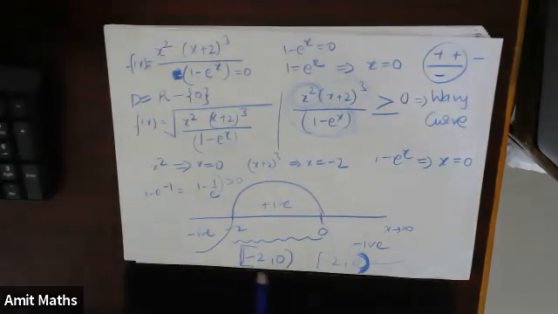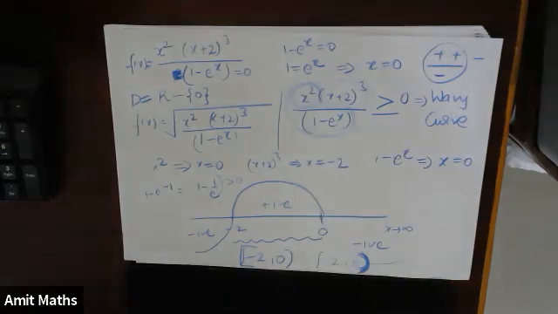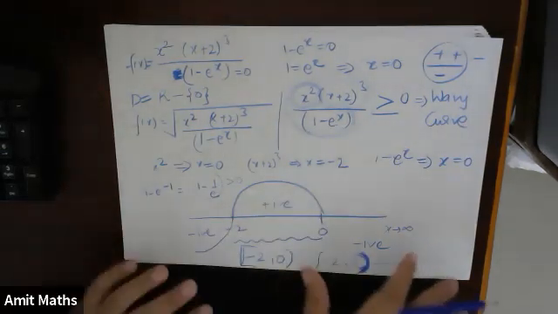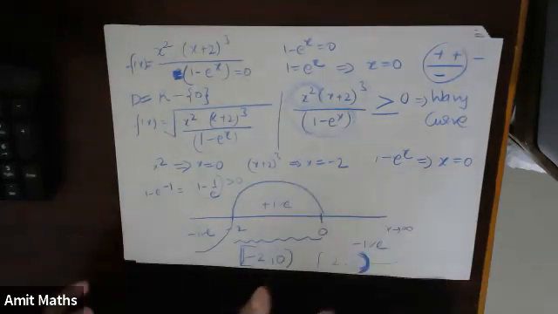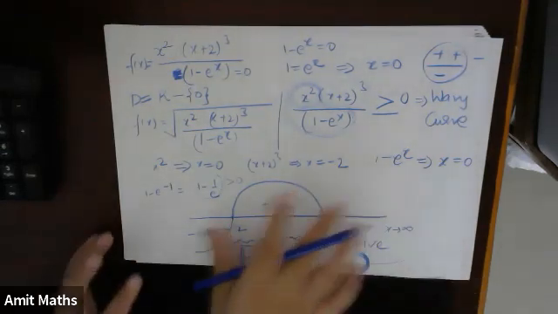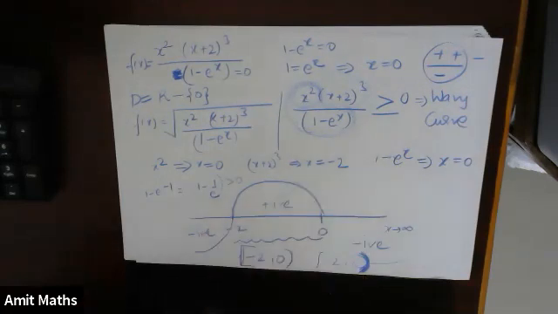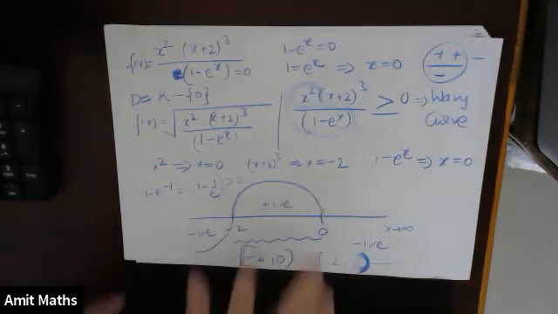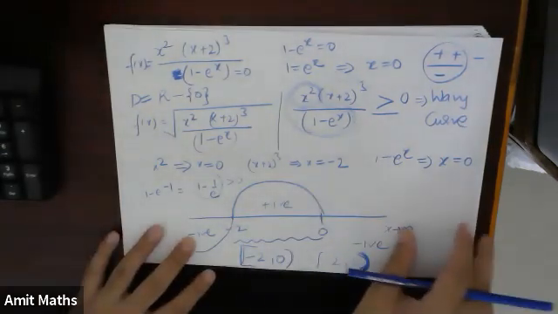Okay, so I hope everybody understood. Minus 2 will be included and 0 will be excluded. So this will be the domain of this function. I hope this one is okay. Fine. Now I'll tell you the easiest method to remember the graph of exponential functions.